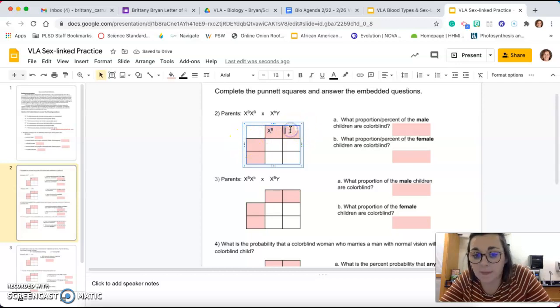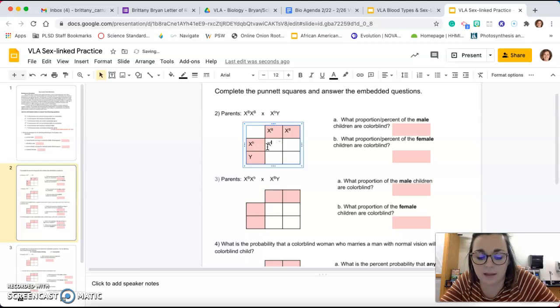And then dad has X lowercase b and a capital Y. And we're just going to fill in the Punnett square like we normally do. Remember, capital letters are going to go first. So this capital B here is going to go before the lowercase b. So we would write X, capital B,